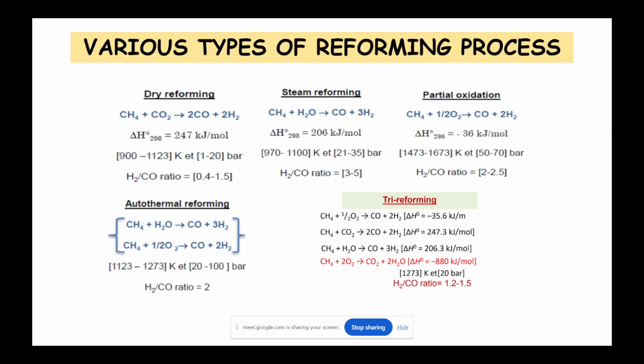And this happens if you use oxygen. In case you are going to supply air instead, then the presence of nitrogen is going to be there in the product gas mixture. So then the synthesis gas is also called the producer gas. I hope you remember the difference between synthesis gas and producer gas, which we discussed, I think, quite a few lectures before.